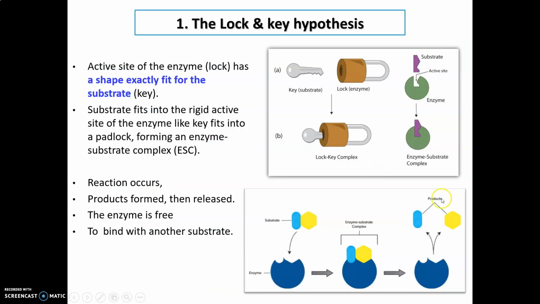Tetapi, okay, in lock and key hypothesis, dia hanya consider substrate reaction products. Okay, dia tak kira yang tengah ni, which is adanya transition state between the happening in the formation, before formation of the products. Okay, so bila adanya transition state, maksudnya this substrate dia actually berubah rupa. Bila dia berubah rupa, kalau lock and key hypothesis, dia tidak kira benda tu, sebab dia punya active site should be fit dengan substrate saja. Okay, dia tidak boleh fit dengan any other form of the substrate, including the one that is during the transition